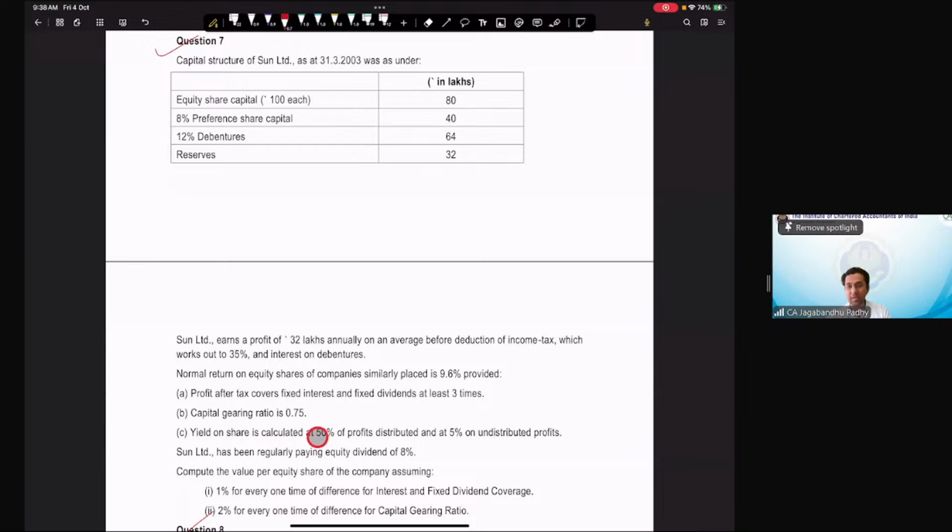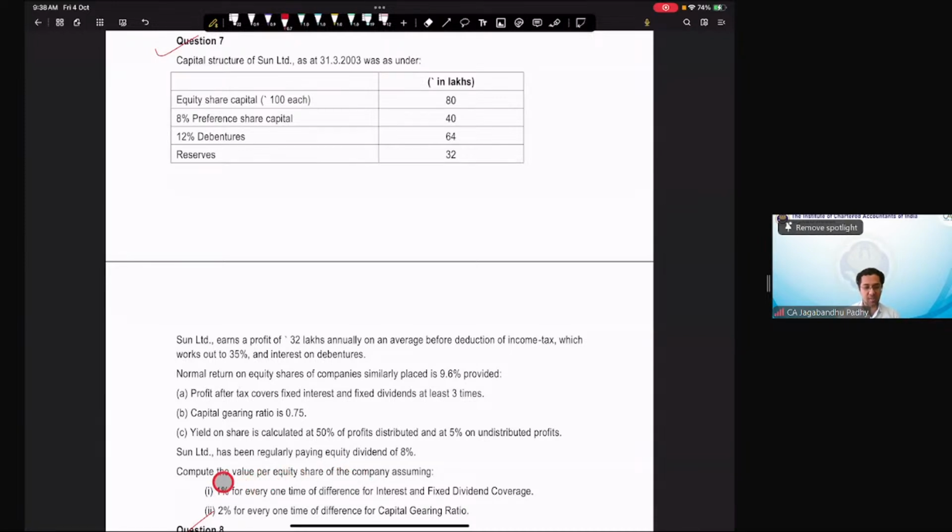Okay, so this is something incremental, a different thing that we have here. Now, Sun Limited has been regularly paying equity dividend at 8%. So this company has been paying regularly dividend at 8%. So dividend, of course, is going to be on the face value. Compute the value per equity share of the company, assuming